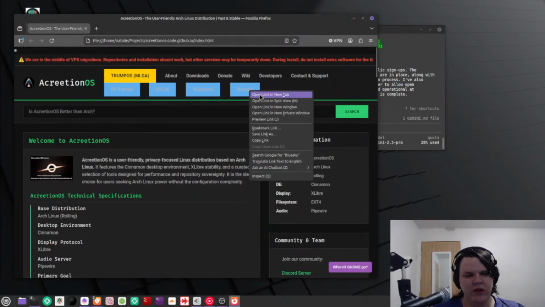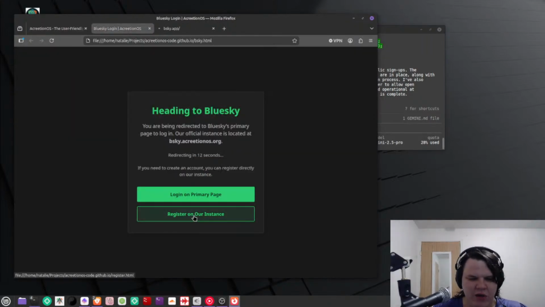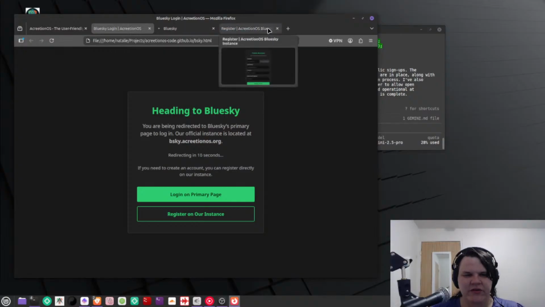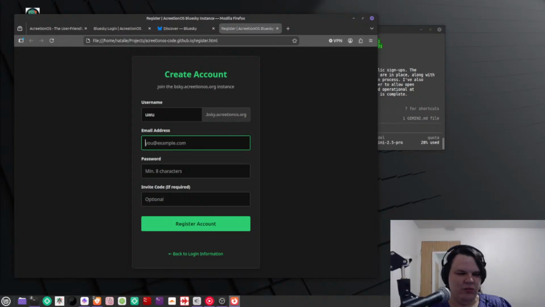I'm gonna go ahead and do this. I'm just gonna log in. It says now log on primary page, register on our instance. Here we go. So I'll steal this one. Make sure it actually works before I do anything else.